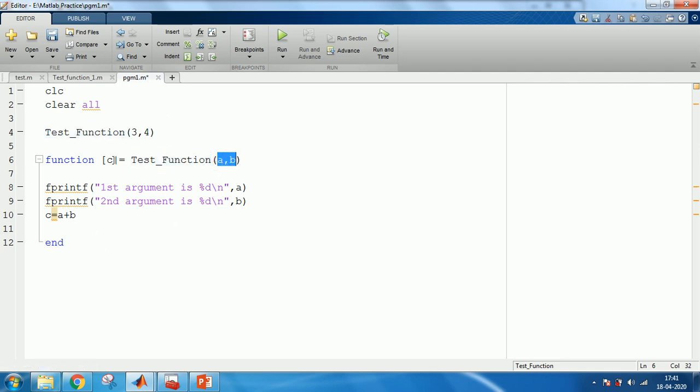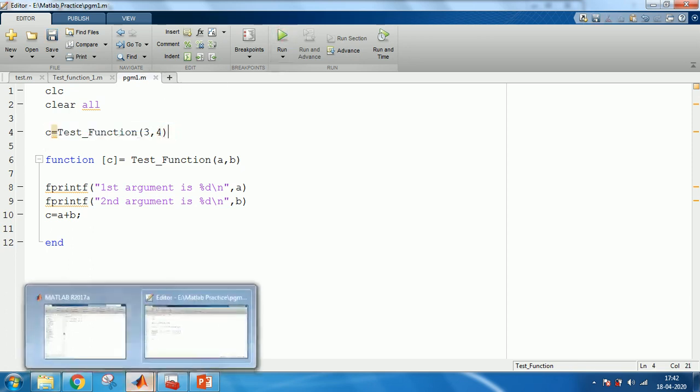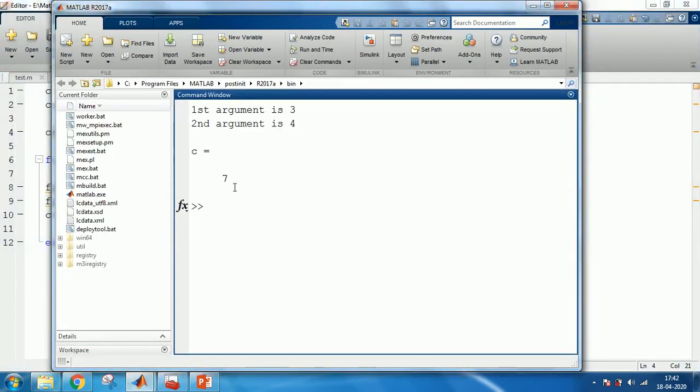Now I will put a semicolon over here. I can't just call this test function as it is; I should write c equal to test function 3 comma 4. I have put a semicolon here and I am not giving a semicolon over here, so whatever gets printed will be because of this function call. Now c is equal to 7.